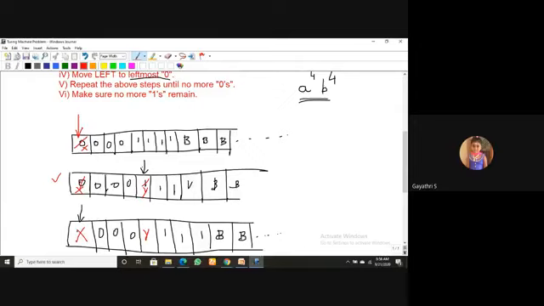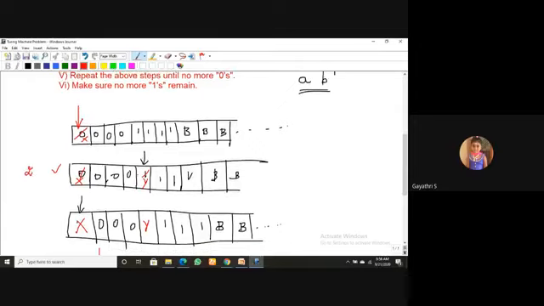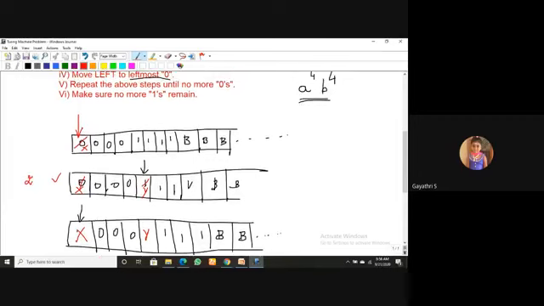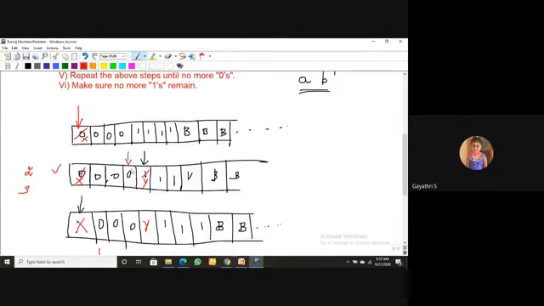In the next, take it that this is step number 2. After the 1 is replaced by y, what is step number 3? Move right. I can move one step right, so in the next step I will be here. What's the goal of this step? You are going to find the leftmost 0, which is nothing but the first 0. Leftmost 0 is my goal.